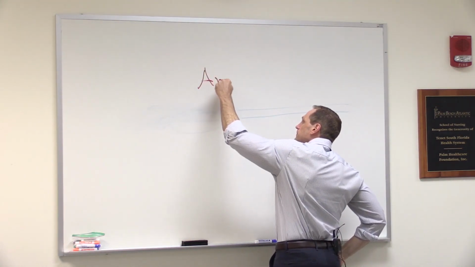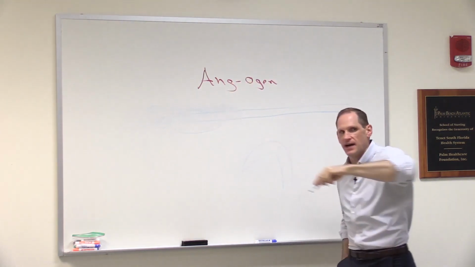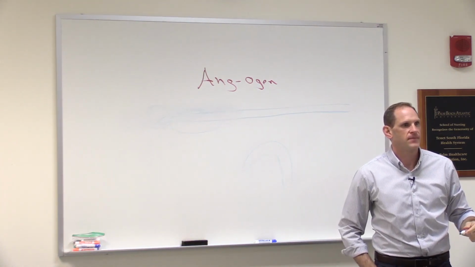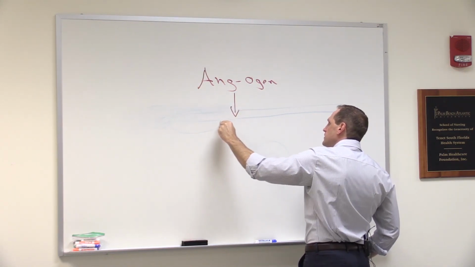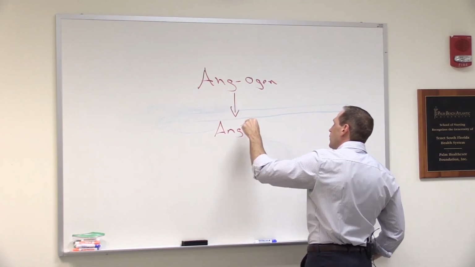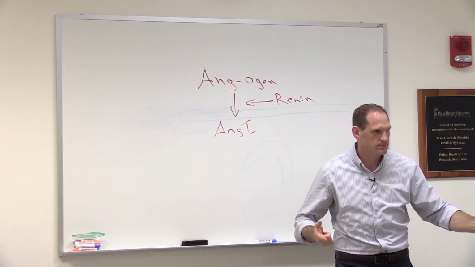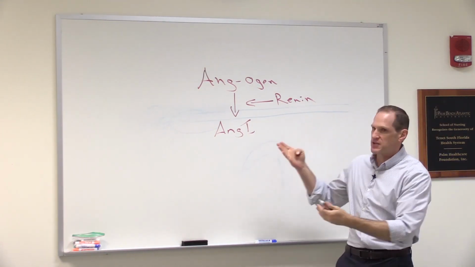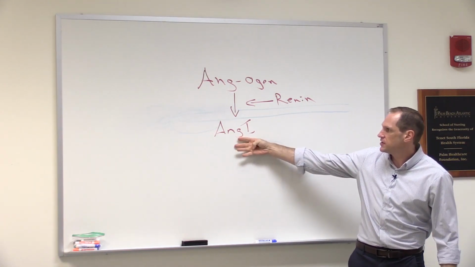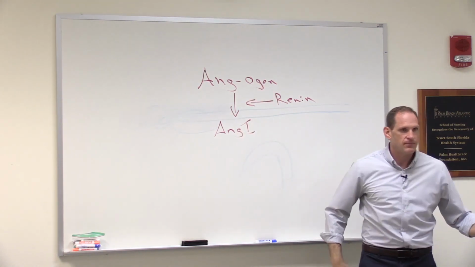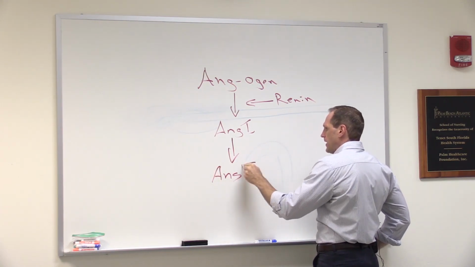So what does it start with? Angiotensinogen. And what produces that? The liver, right. And then that's going to float around in your blood until it gets converted into angiotensin 1 by what enzyme? Renin. And what produces renin or secretes it? The kidney. So when the kidneys are perceiving, hey, we don't have enough blood flow, there's not enough blood pressure here, they secrete renin. That is going to convert angiotensinogen to angiotensin 1, and then angiotensin 1 is going to be converted into angiotensin 2 by an enzyme called